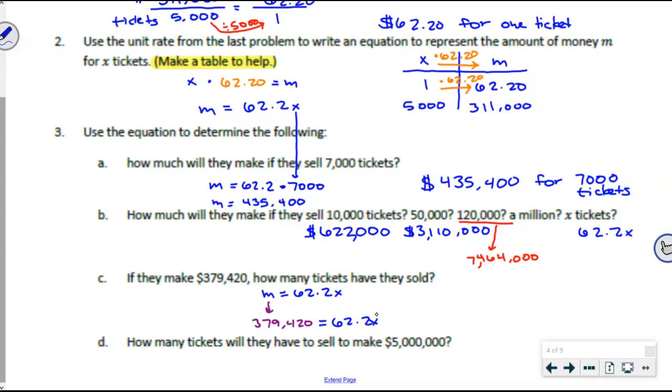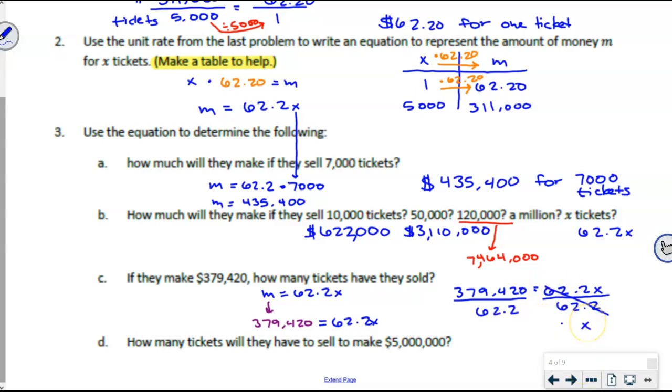Davin, do you want to finish that up for me? Yeah, exactly. It's just an equation that we need to solve, right? So rewriting it up here, I say, what's happening to x? It's being multiplied by 62.2. How do I undo that? We divide. And whatever I do to one side, I do to the other side. This divides out, and it tells me that x, the number of tickets,